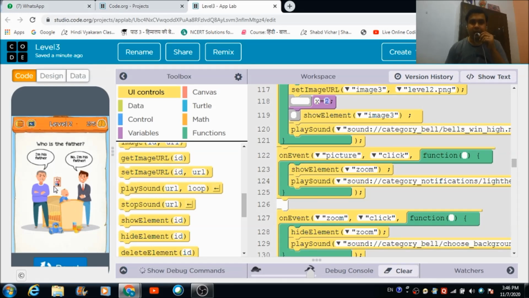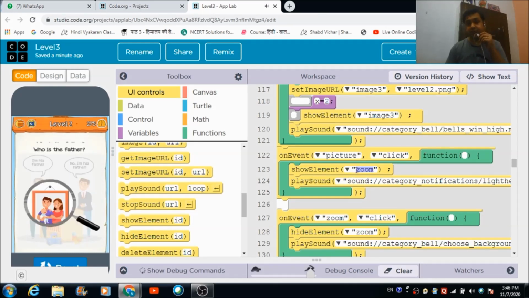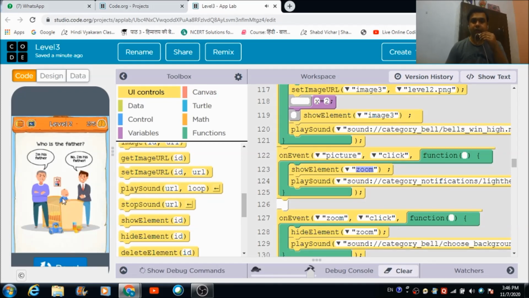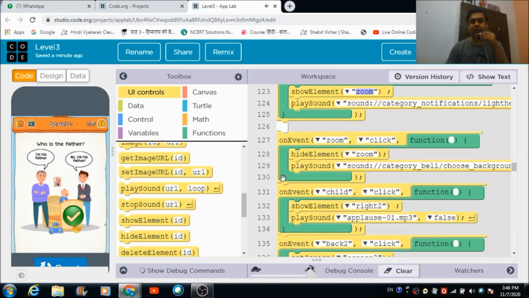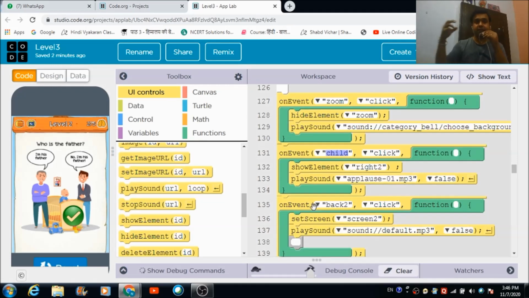Now there is a picture on the wall. When he hits this picture, this zoom image will be visible to the user. It's an image, and I have defined this on that image component named zoom. And this image is actually the evidence. It is telling us that none of the people standing next to this child is the father of the child. Okay, so we need to hit this child, and this is what the user is going to see on this mobile simulator. Okay, so this is how I have designed this level 2.